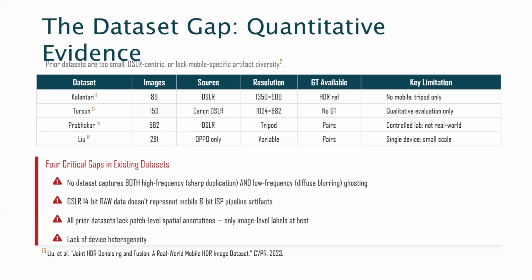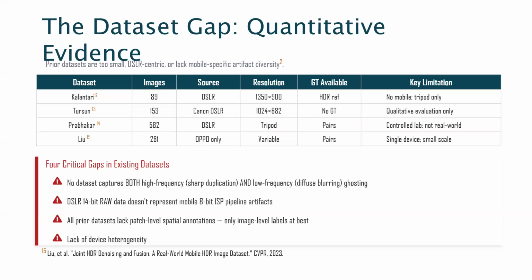The problem again, in terms of torsion, there is no ground truth. We can only use that for the qualitative evaluation only. While in the Parbarkar case, they have provided pairs, but it is in a controlled lab environment, not in the real world. The first ever mobile phone dataset for the denoising and the ghosting artifact has been proposed or